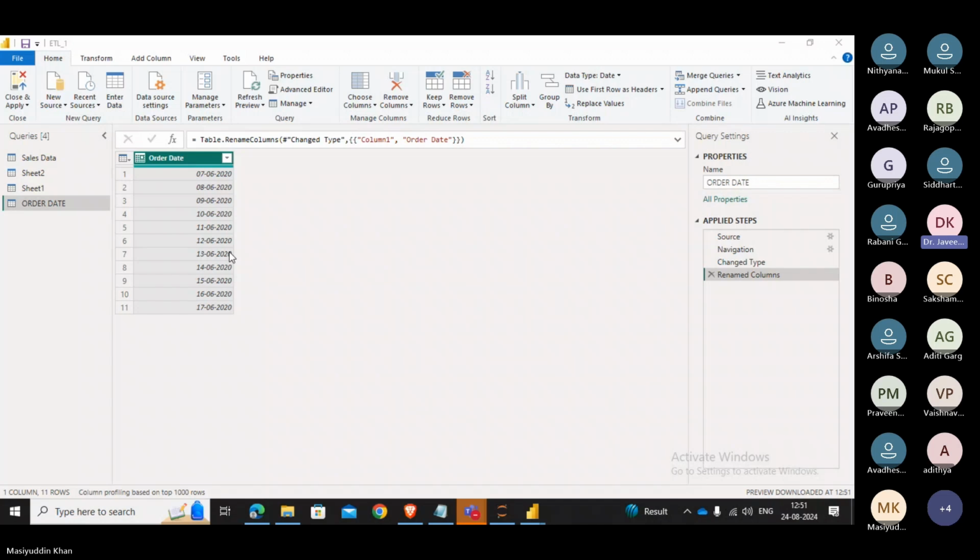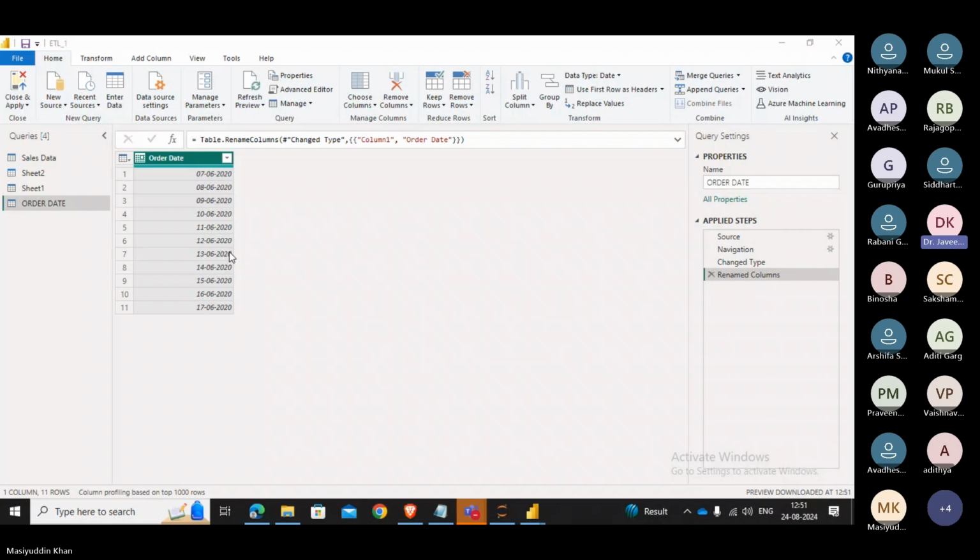You can also use the text functions. You can also use the number functions as well. There are a lot of functions available. You can use them according to your requirements and your ideas. For example, if I go ahead and apply the custom functions for numbers,